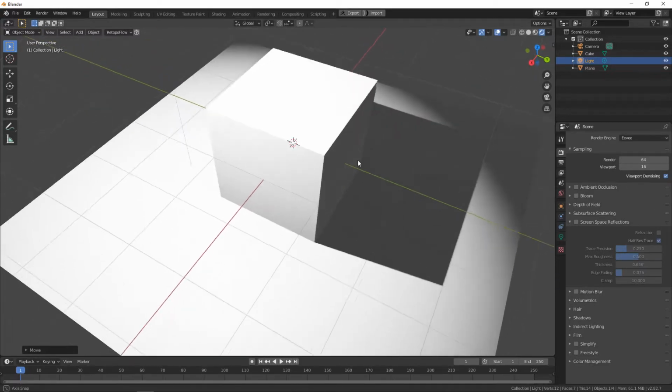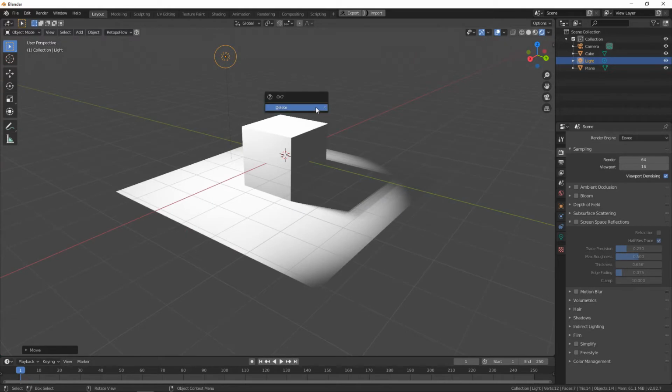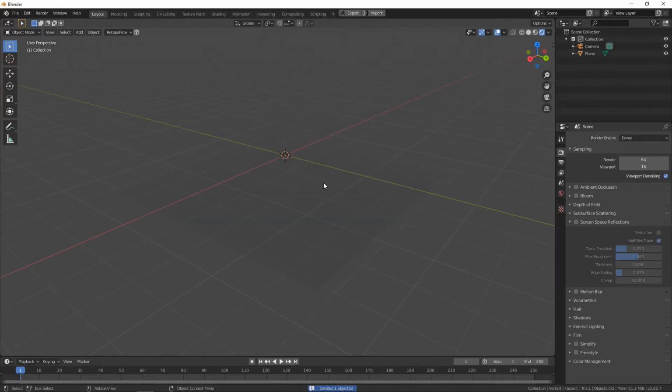Hello, so in this video I'm going to be going over the basics of lighting within Eevee and Cycles, along with the differences between Cycles and Eevee as it pertains to lighting. Essentially there are very few differences as they're meant to be very compatible systems. Anyway,